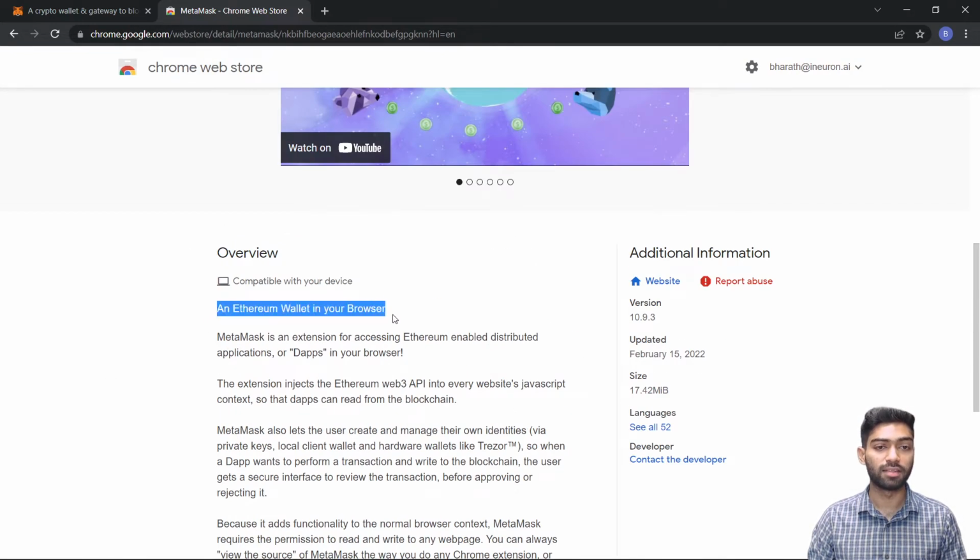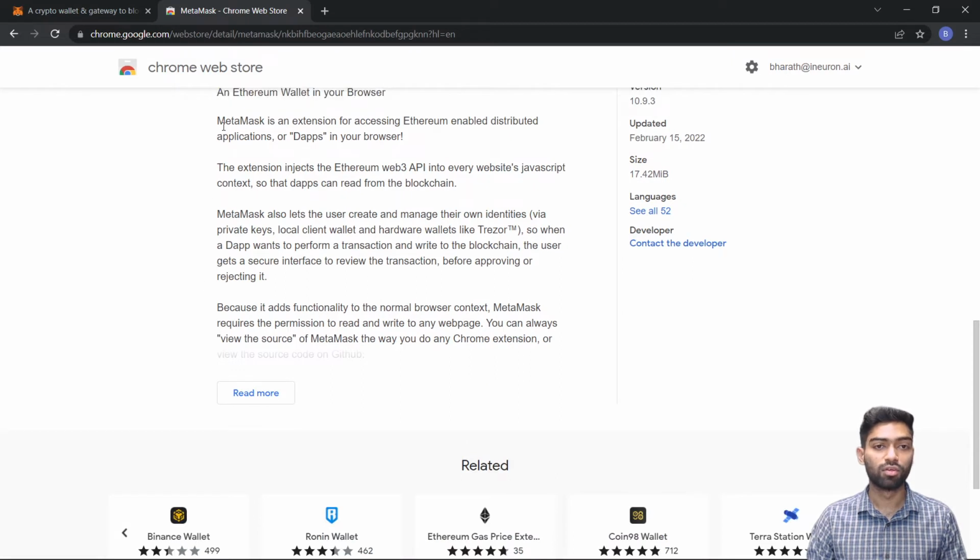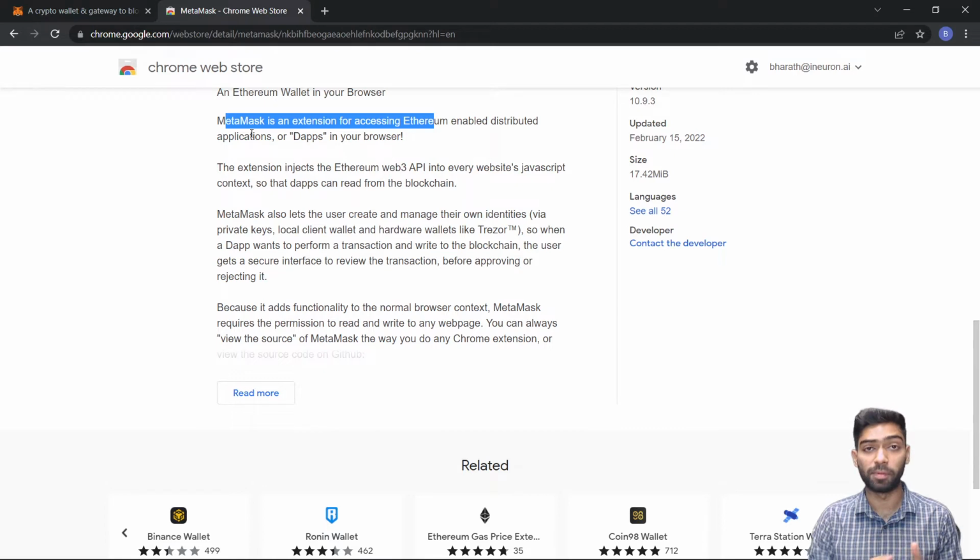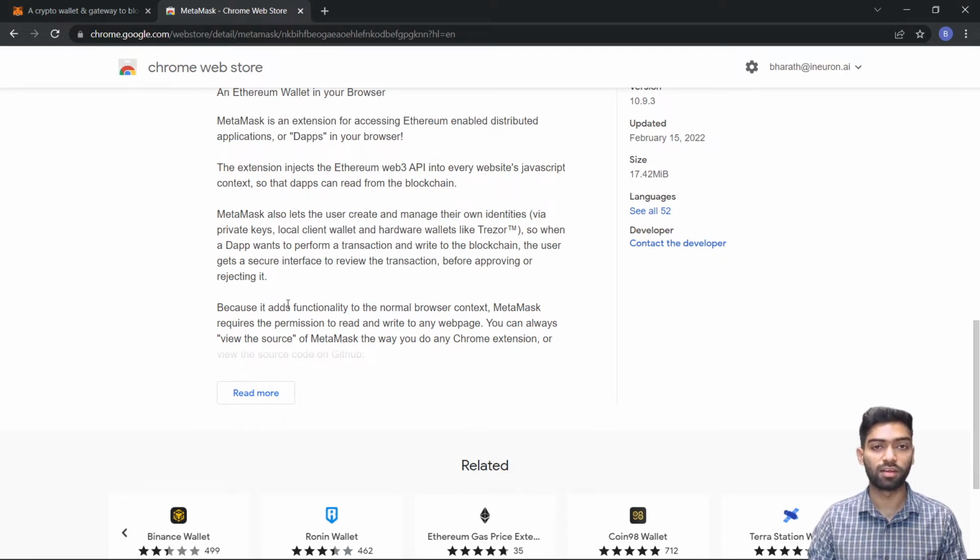For example, it is an Ethereum wallet in our browser. So MetaMask is an extension for accessing Ethereum-enabled distributed applications or dApps, decentralized applications, which we can test the functionality of in our browser only. So we don't need to go to any other place. Right after opening our browser, we will be getting this MetaMask extension where we can test the various smart contracts. We can deploy them to the local host, to Ethereum testnet, and also to the Ethereum mainnet once we finalize